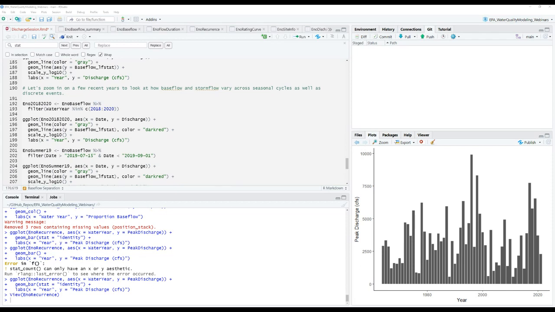So CRAN and the developers of packages are separate entities. CRAN is the package repository, and there are certain requirements for packages to be supported by CRAN, specific documentation, specific style of code, things like that. Those requirements may change over time, and so some of these packages that were developed earlier on may be deprecated in new versions of R.